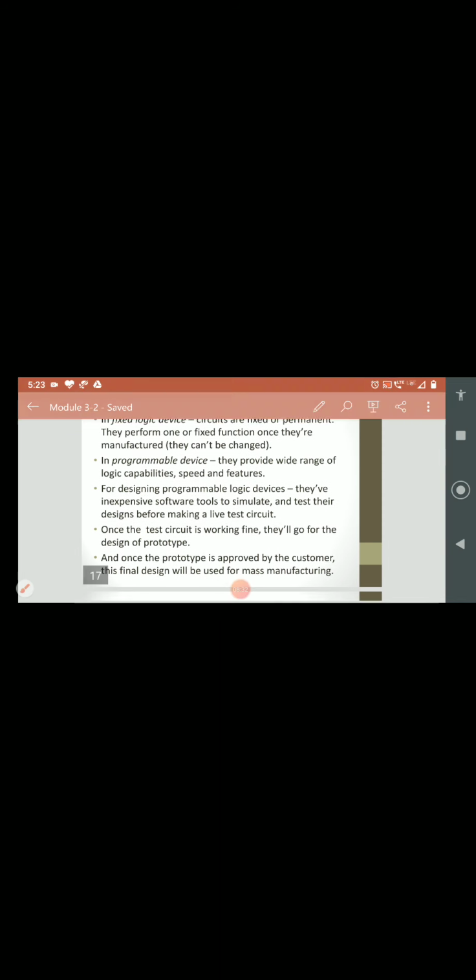If the customer finds any defects in the prototype, the manufacturer will again go through simulation and test circuit, and once again build the prototype. Unless the customer is satisfied with the prototype, the manufacturer will not go for manufacturing. That you should remember here.